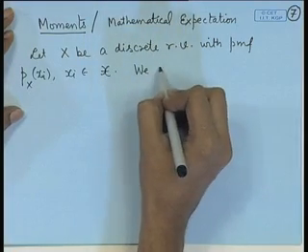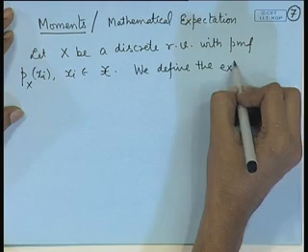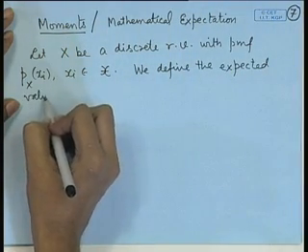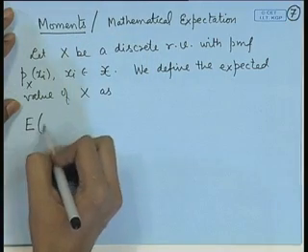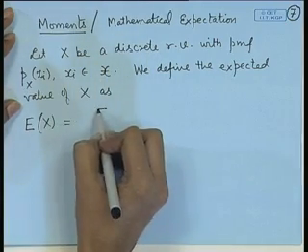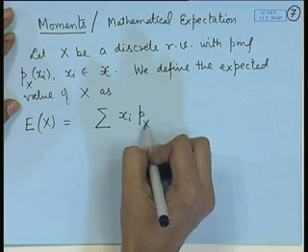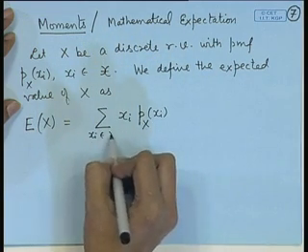So, we define the expected value of x as E of x. This is defined as sigma xi into Px xi, where xi belongs to x,